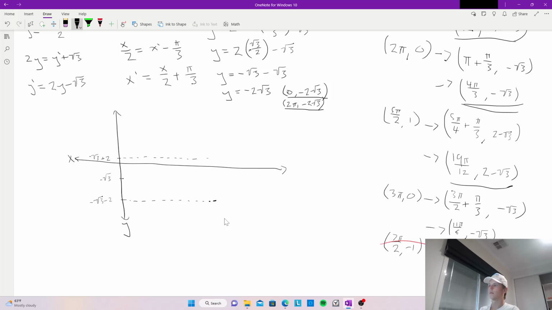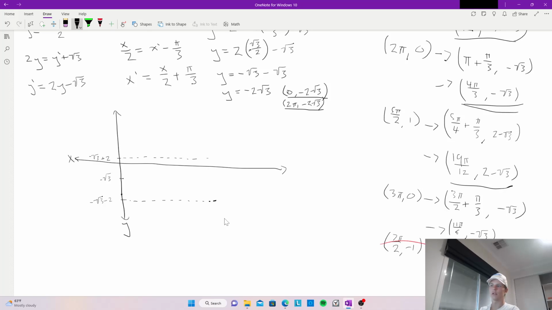And then we've got our first point here, which will sit around here, because we know that this value here is around a negative 3.7, and this is around negative 3.4, so it would be just below it. And then